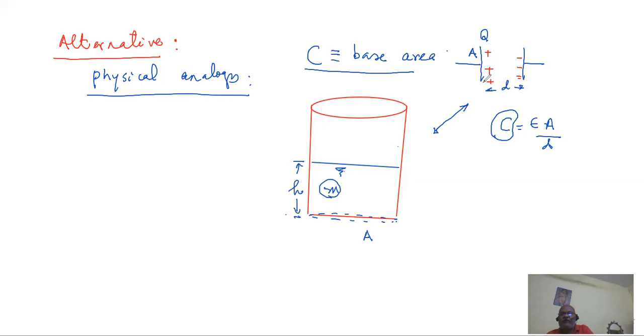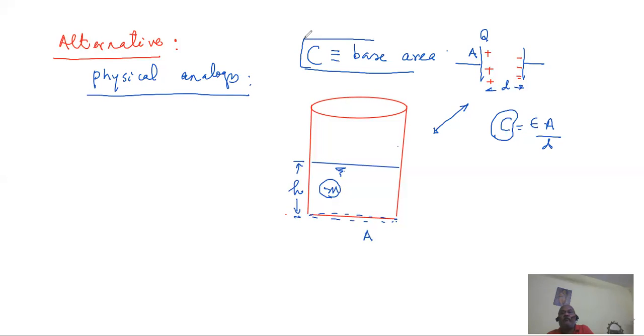Similarly, you take a capacitor and completely fill it with charge, meaning the capacitor won't accept a bit of charge extra. You have taken the potential difference to such a stage that if you add a slight amount of charge, it can explode, it can break down. So we do not go to that stage. In that way, the capacitance can be compared with the base area of the container.